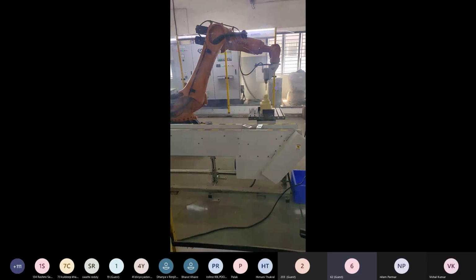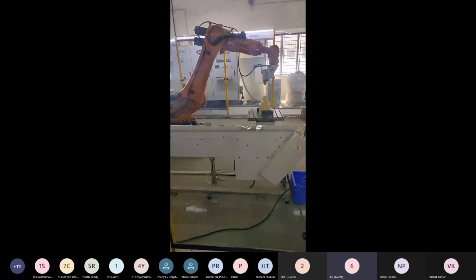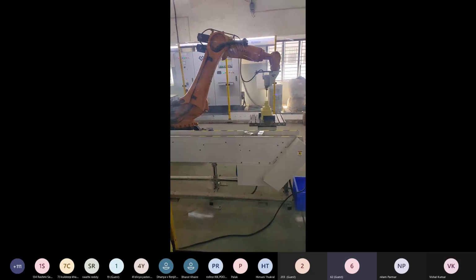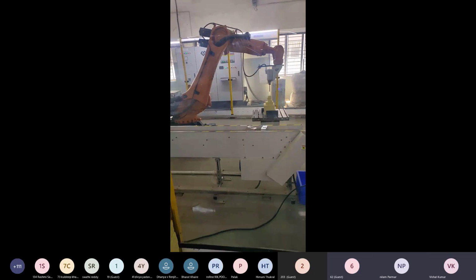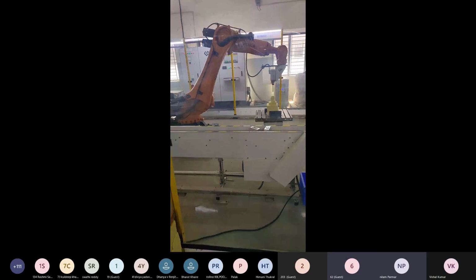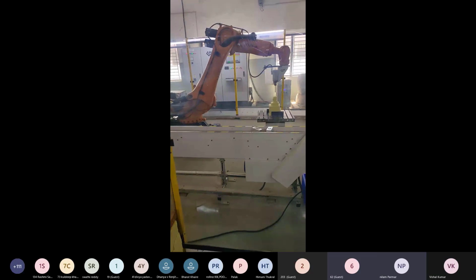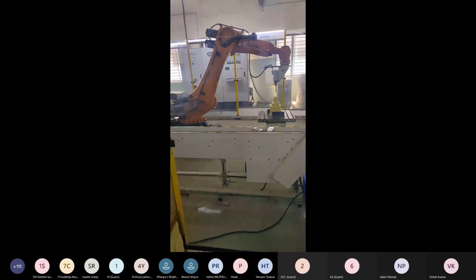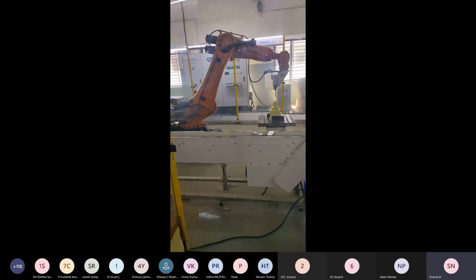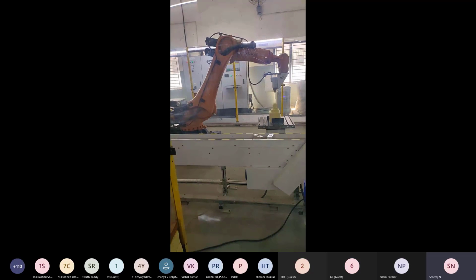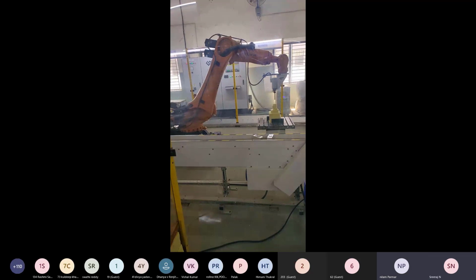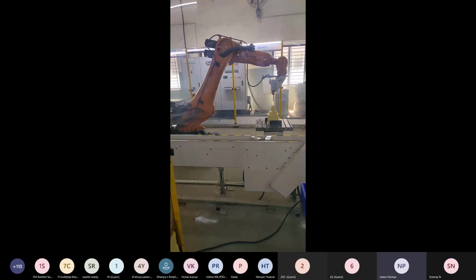Okay, sir. Any other doubt? Sir, is the teach pendant accessible for all kinds of programming languages or is there a specific language we have to use? In KUKA, it is specific to the C++ language. Is it basic C++, sir? Yes, madam. Basic. That depends on the manufacturer, who is manufacturing the robot, and decides which language to be used. It is decided by the manufacturer. Okay. Thank you so much. Thank you, sir.